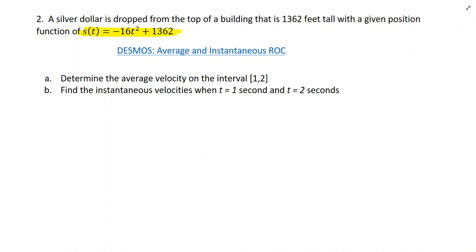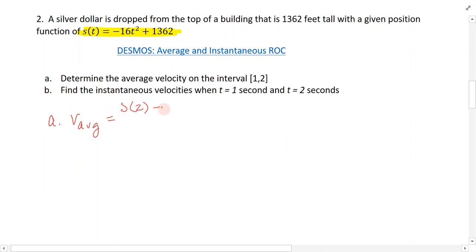And we were saying already that we know that the average velocity is going to be given by the value of the position function at time 2, minus the value of the position function when time is equal to 1, divided by 2 minus 1. So we need to know what is s(2) and what is s(1). So just plugging in here, we get -16 times 2 squared plus 1362. That's going to be equal to